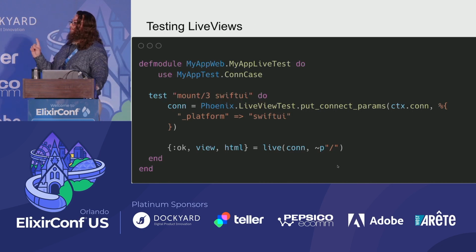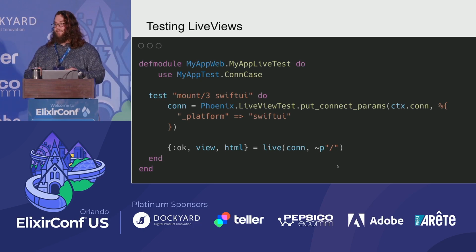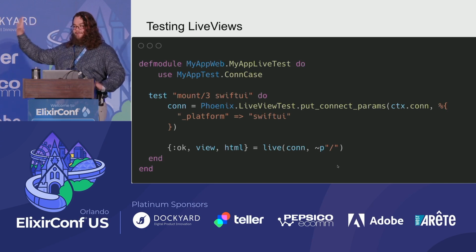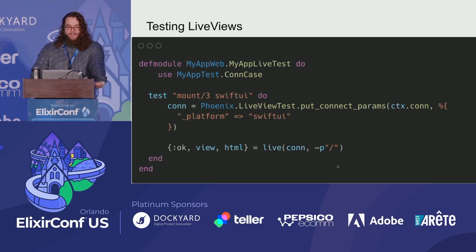This blew my brain. This was one of the things I was the most excited about when I started getting into LiveViewNative. I love testing. I'm borderline TDD cult level testing person. This is the way. And what I loved was that I had the ability to use all the same patterns that I've become familiar with